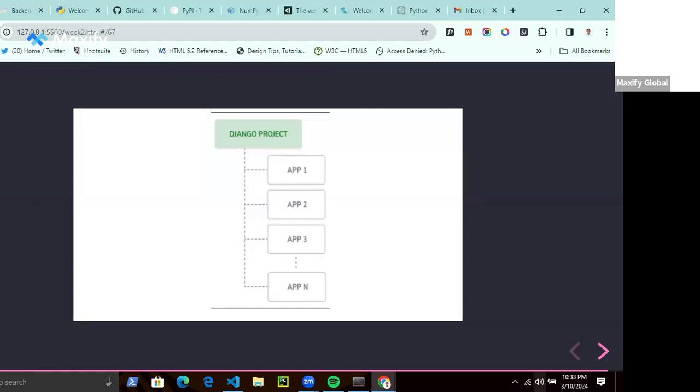Let's say you also want to create, for example, a record in the database where you can store customers, a CRM. You can create a separate app for a CRM, so that app interacts with other apps in your Django website as a whole. So your project is structured in such a way that you have different reusable apps under your one main project. And you can actually source for apps from third-party websites.